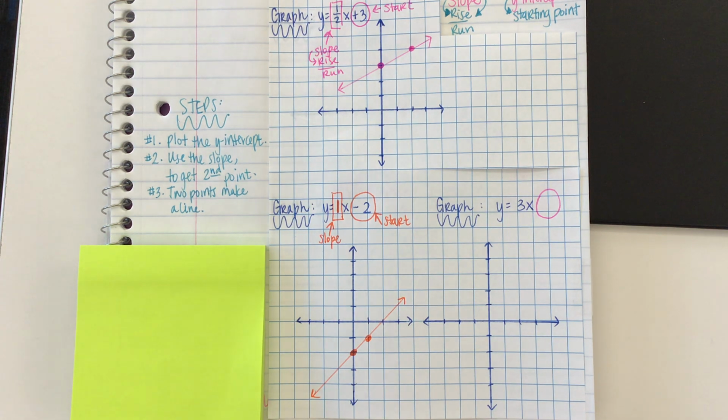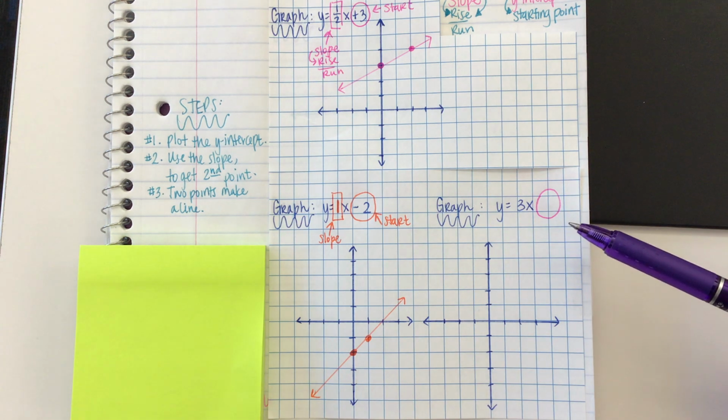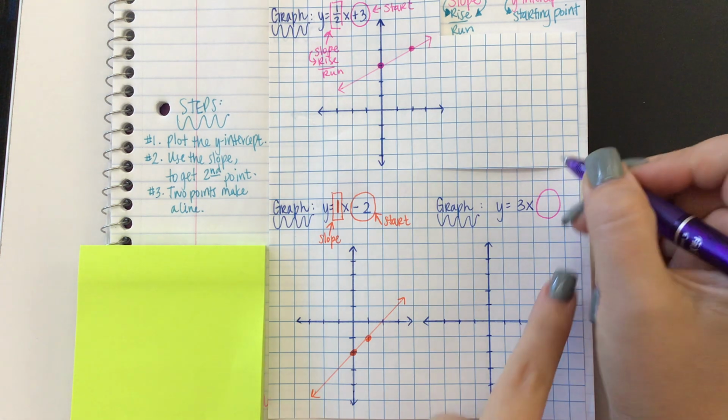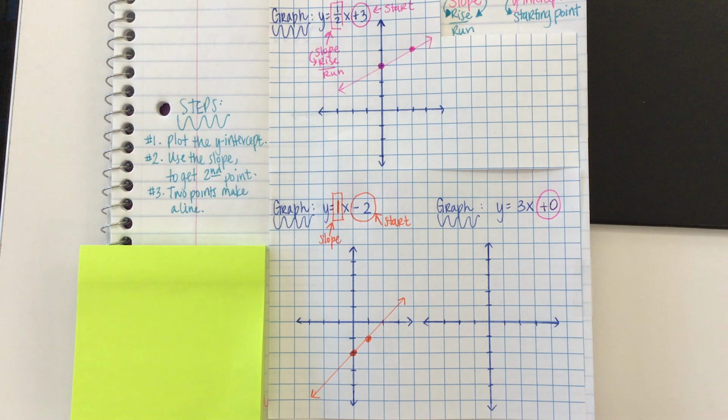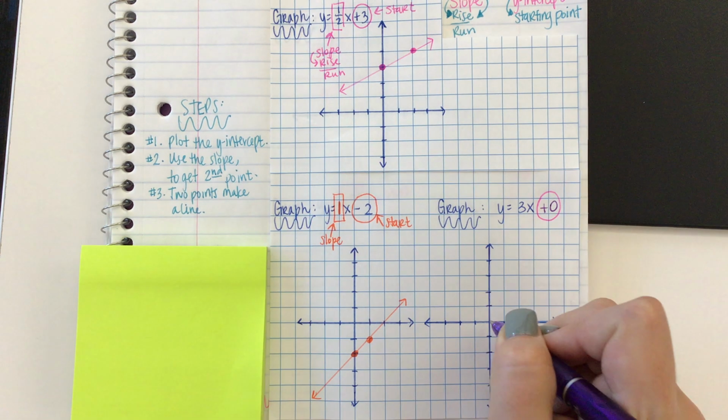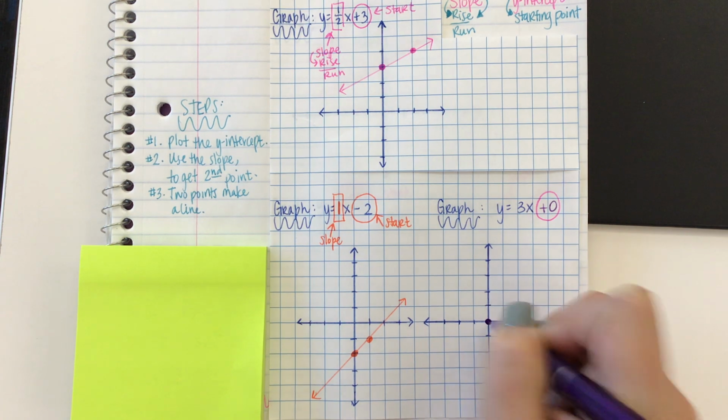Well, what can I add here to the end? What number can I add to the end in order to not change the equation? And that would be plus 0, okay? So that doesn't change our equation. So one thing I need to let you know is when you don't see a visible y-intercept, it's kind of like having a plus 0 at the end. So you would always start at 0 at the origin,